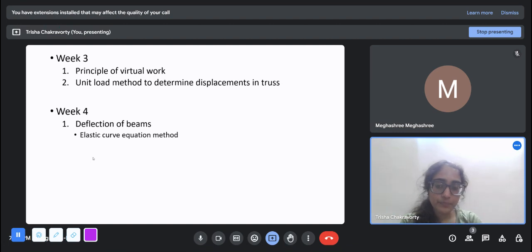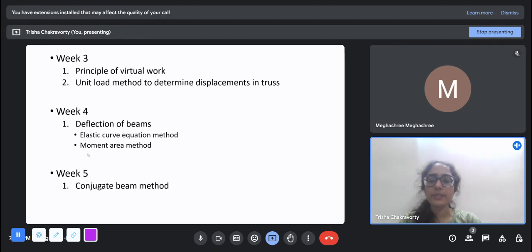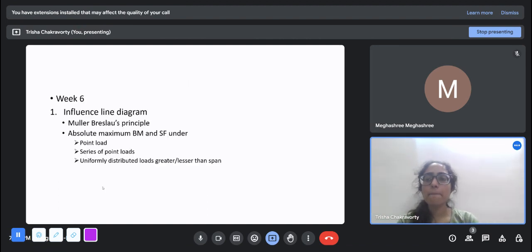Then there are other methods called the moment area method and the conjugate beam method. Both of these methods are basically variations or simplifications of the elastic curve method. We get the same solution from all of these. If we learn how to apply them case-wise, we can reduce the time we need to calculate things. And in week 6, we looked at influence line diagrams,